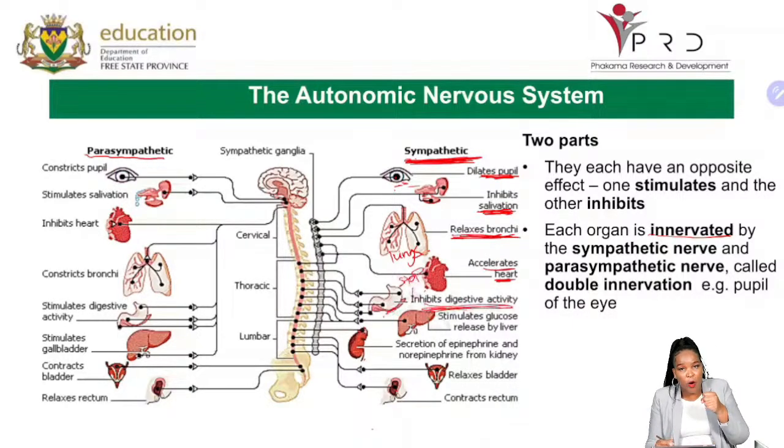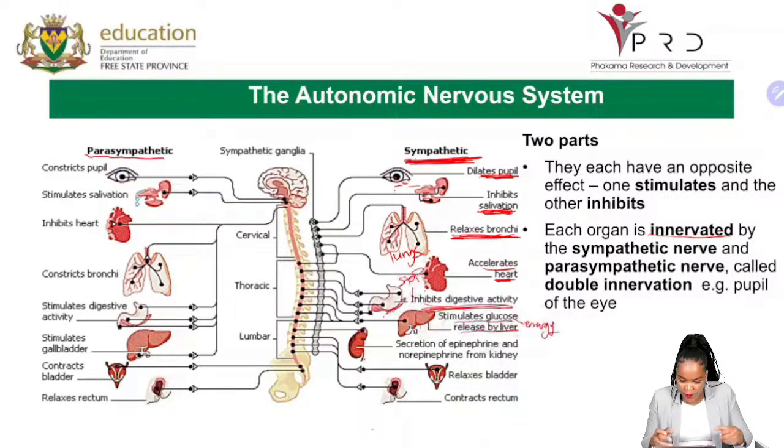It is going to stop all digestive activities. Then, in your liver, it is going to stimulate glucose release. Remember, glucose means energy. Everyone needs energy to run. Can you really run from a dog when you don't have energy? That dog will bite you. So, the liver is going to be stimulated to release that glucose that was stored there to allow you to